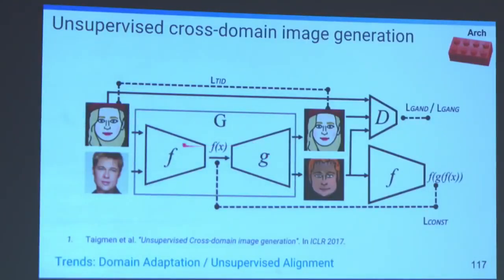The encoder, again, is shared over domains, but then you have a decoder that just produces sketches. So for the sketch that was input, you just want to make sure that you can reconstruct it. You encode it and decode it, you should recover. If you encode a sketch and decode a sketch, you better get a sketch back, and it should look the same. If you encode Brad Pitt's photo and then decode, what you hope is that you get a sketch